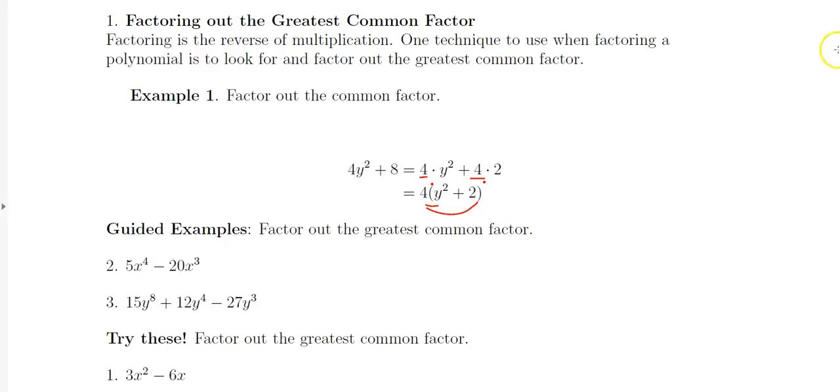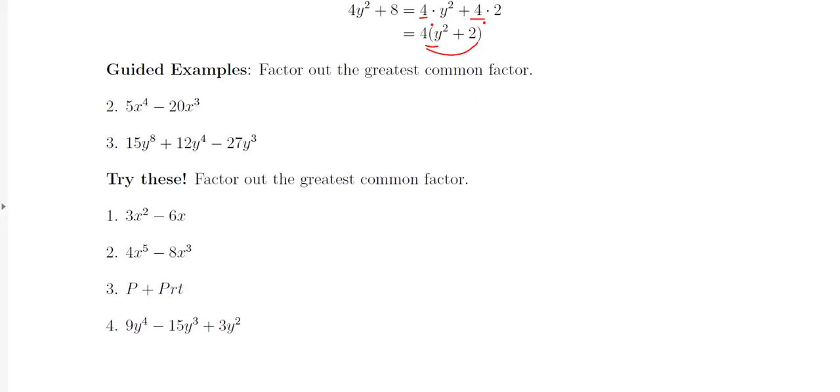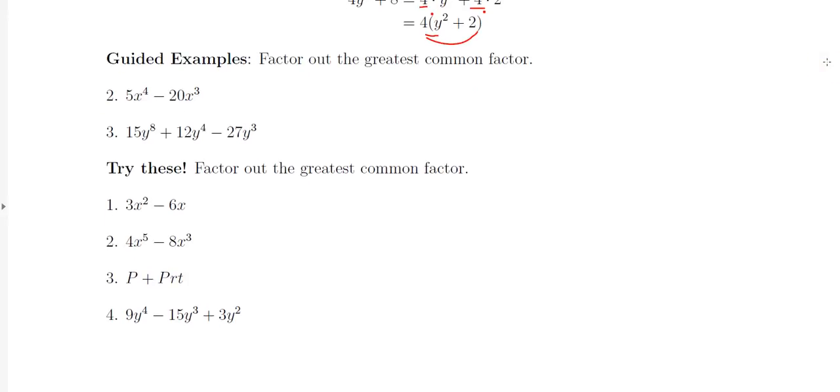So we want to use that same idea with these guided examples. On your guided note sheet, please do these examples along with me, and then I'll ask you to try a few problems. So here in this example, I have 5x squared minus 20x cubed. And 5 is a common factor, and x cubed is a common factor. So what we can do is take out 5x